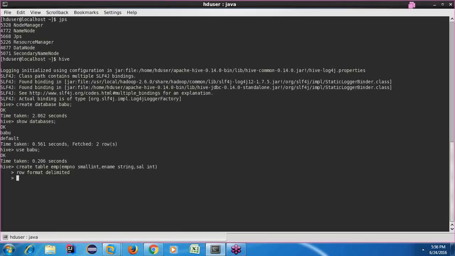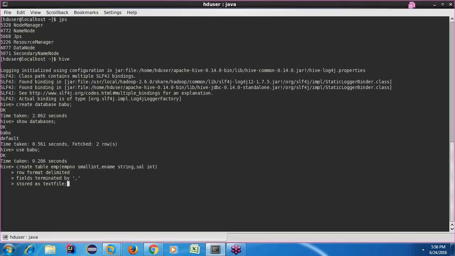Once row format is delimited, I would say what my delimiter is: fields terminated by comma. That is, all the columns in my data would be terminated using comma here. Finally, you have to say stored as textfile.